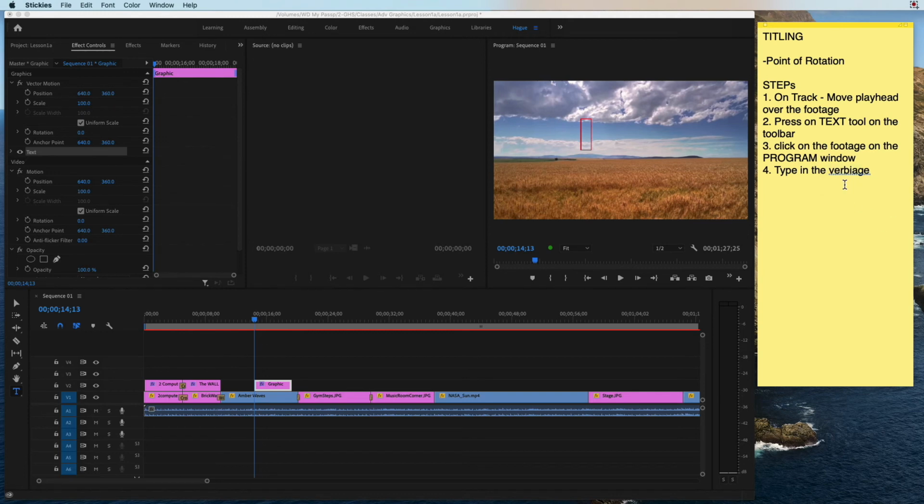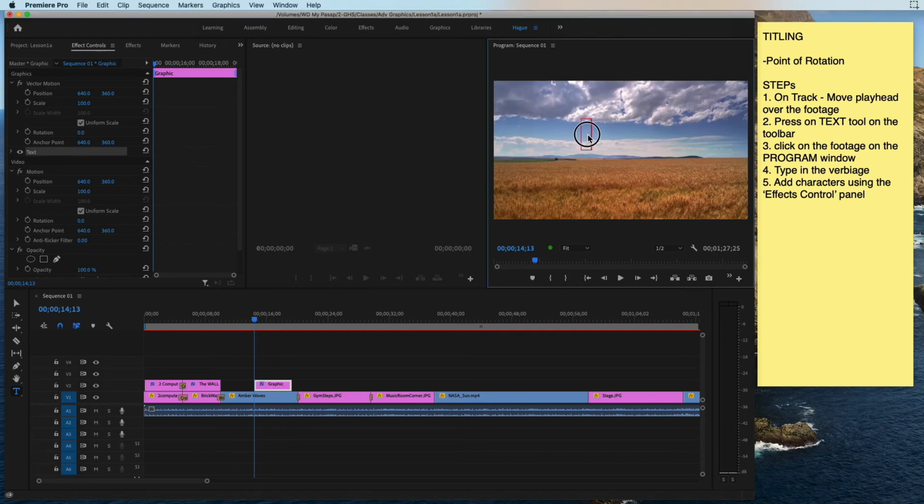Okay. And then what you're going to do is add characters using the effects control panel. Okay, so I'm going to type amber